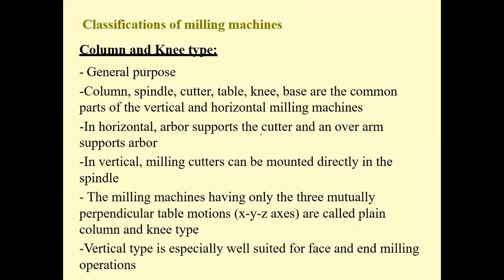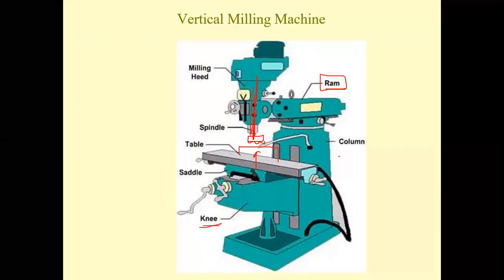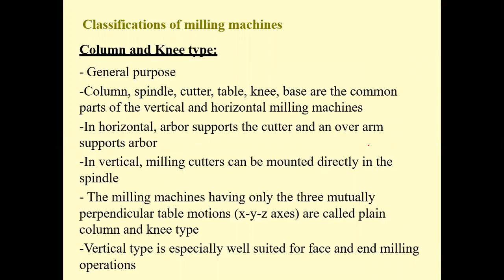If you take the different types, based upon the axis of the milling, we can classify it into horizontal as well as vertical. But for general purpose, the milling machines are classified into different categories, and the basic milling machine which we are using is called the column and knee type milling machine. Whether it's a horizontal or vertical milling machine, it has a knee, right? The knee portion holds the saddle as well as the work table. This is the knee and this is the column. That's why this kind of milling machine is called the column and knee type milling machine.